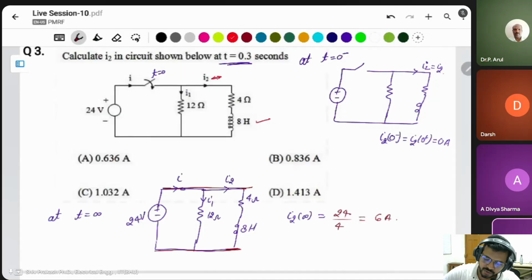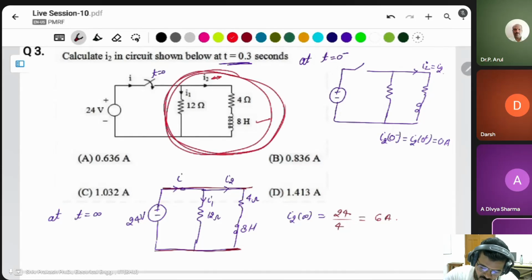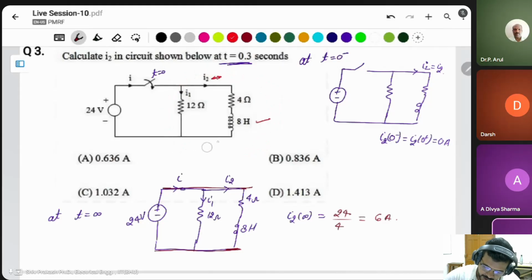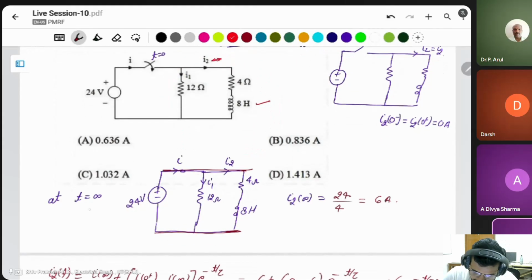Then in this condition you can see at t is equal to 0 minus, there is no source in this circuit. If there is no source, that means the current will be 0. Same thing you can apply for infinite time. At infinity there is a source connected at 24 ohm. Then you have to find the voltage across this circuit, and then we have to find the current. Only a 4 ohm resistor is there for I2, and I2 is voltage divided by resistor, 6 ampere,